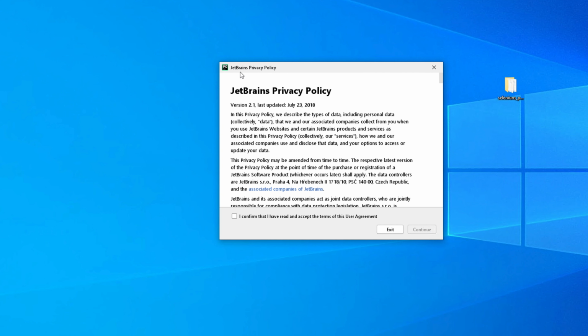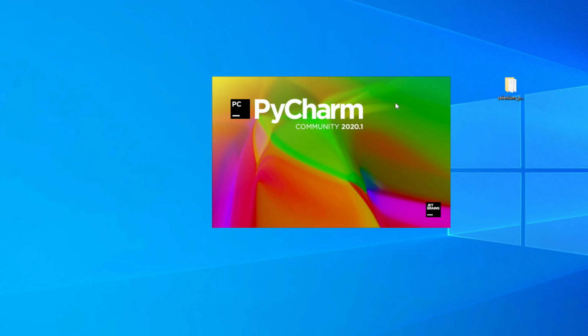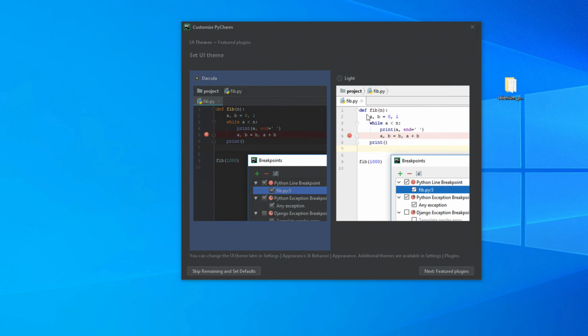For the first time, when you try to open PyCharm, it will ask you to confirm that I have read and accept. That means you have to accept this license agreement, and then you have to hit the continue button, and then you have to click don't send, because I don't want to share any data. I'm clicking don't send. But if you want to share your data, you can do this, but I'm not interested, so I'm going to hit the don't send button, and the PyCharm colorful window will appear, and